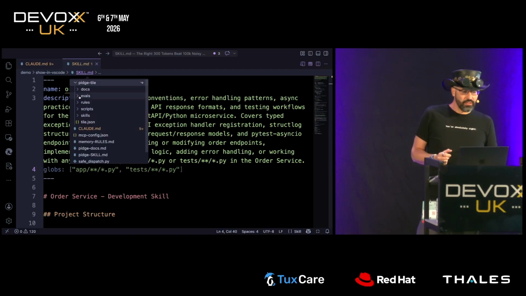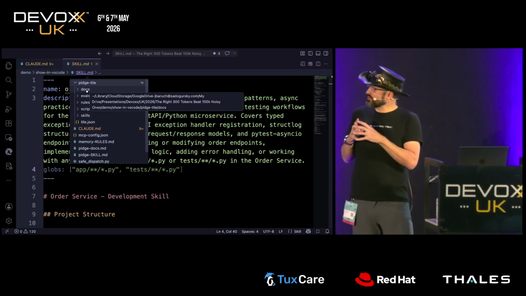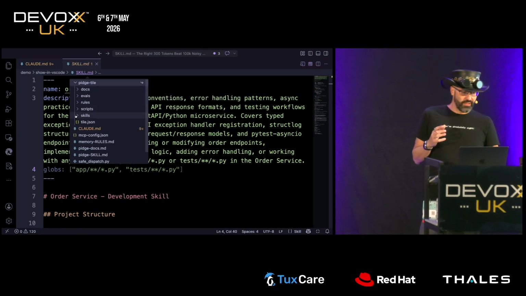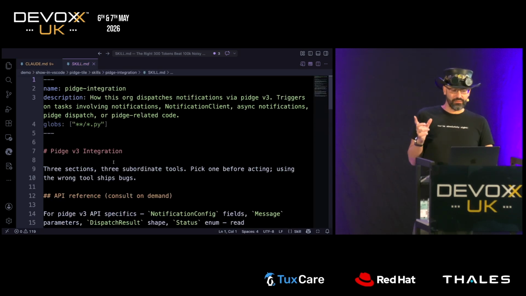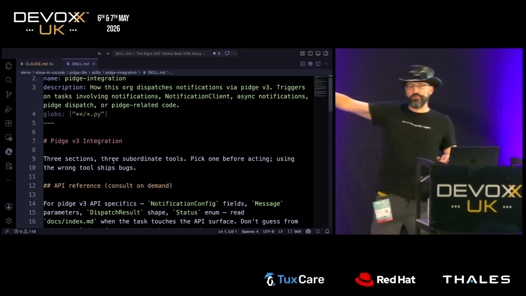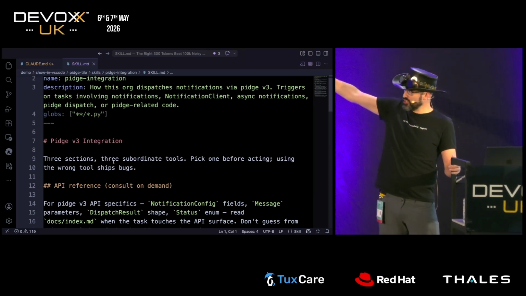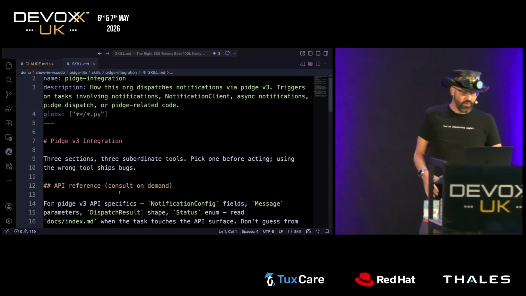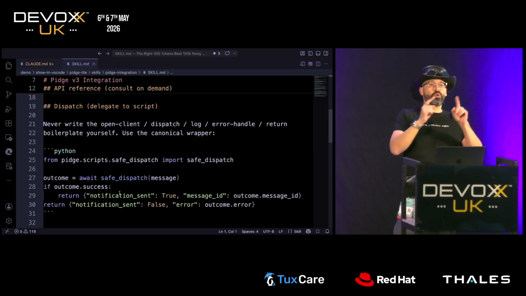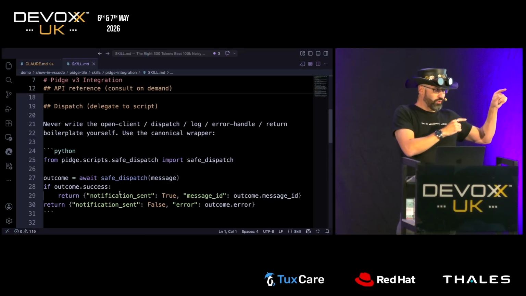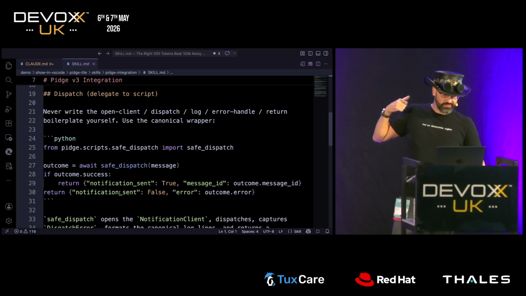So here I have a context artifact, a bundled context artifact that has all of them. So it has the skill, and this skill is a versioned process of how to work with my PG version 3. So it has an API reference, it has a process of how to do stuff. It delegates to a script that